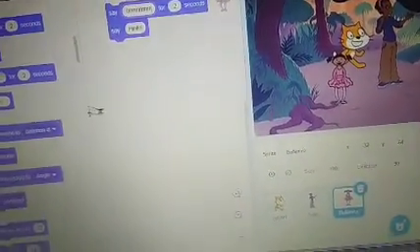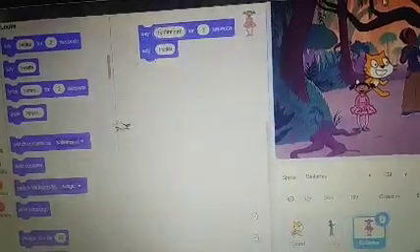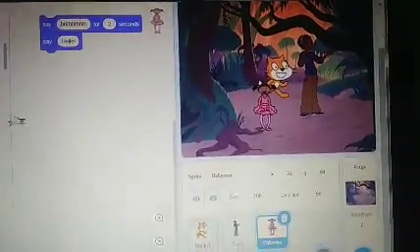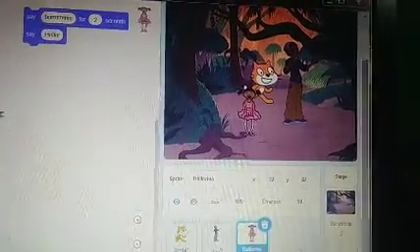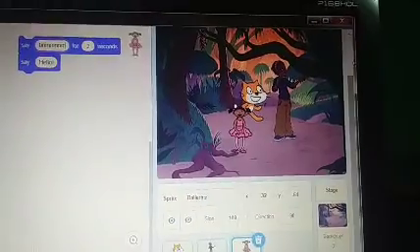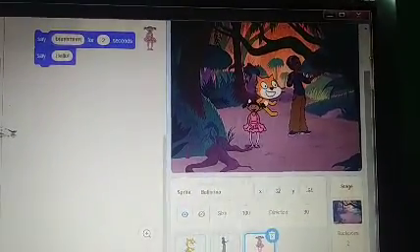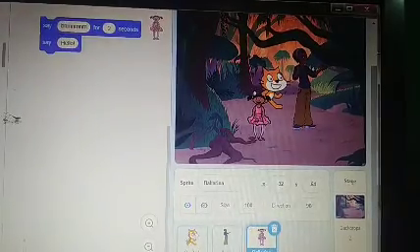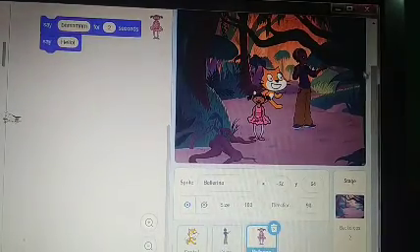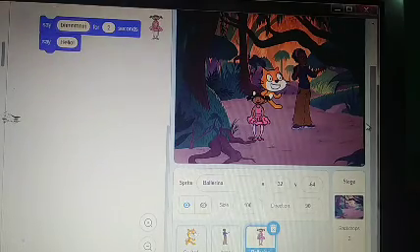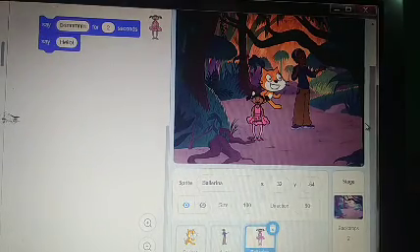In the next class I will explain how to create a story using Scratch programming. Children, do your homework and learn question answers. Practice all the software, PowerPoint, MS Word, whichever I taught you. Practice on this and try to download this Scratch program from the internet. It is available.